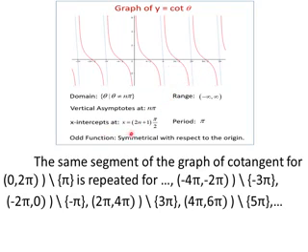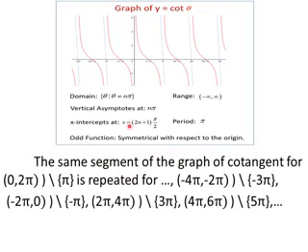X intercepts at x is equal to 2n plus 1 into pi by 2. That is, when y is equal to 0, what value we are getting for x is the x intercept. Here the x intercepts are odd multiples of pi by 2. That is pi by 2, 3 pi by 2, 5 pi by 2, etc. It will be going on. The period is equal to pi. And cot function is an odd function. Odd function means it is symmetric with respect to origin.